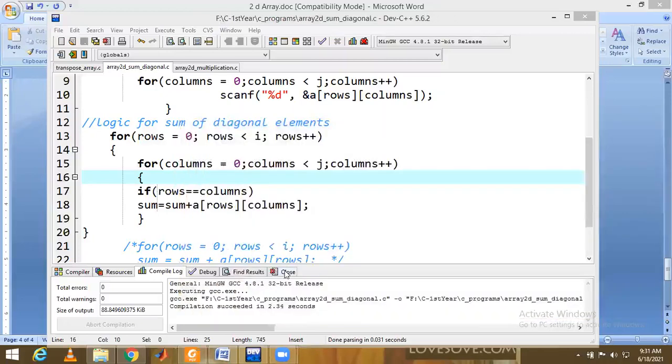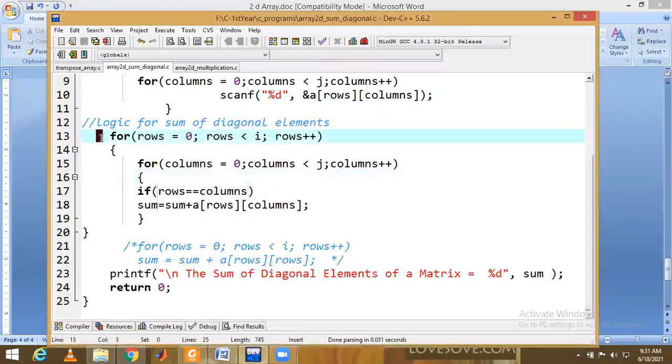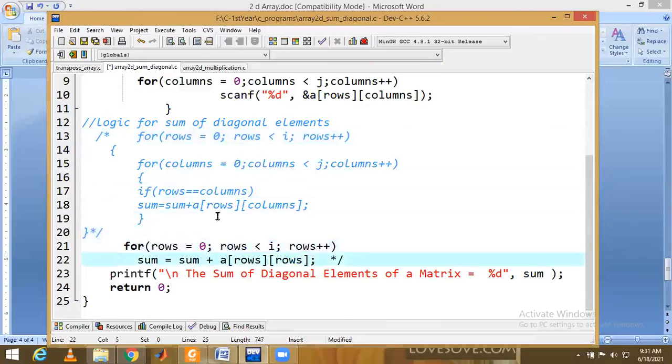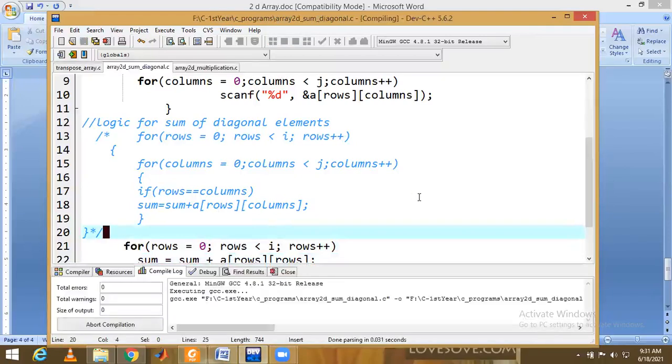Now the same code I am going to run in the second, optimal way. This was the obvious way, right? So now I'm going to execute it in the optimal way. I'll uncomment this part and comment the previous part so that I can execute only this one, right? Okay, again I'll execute it.